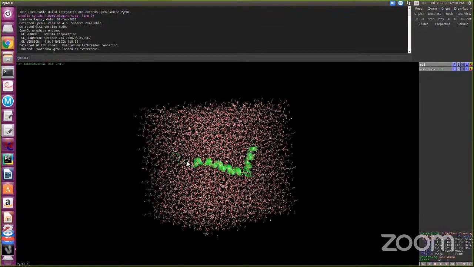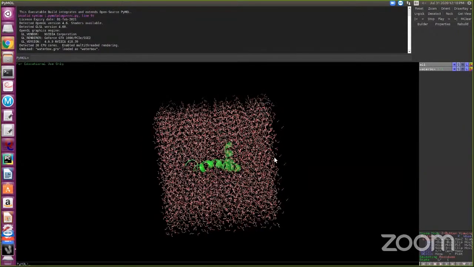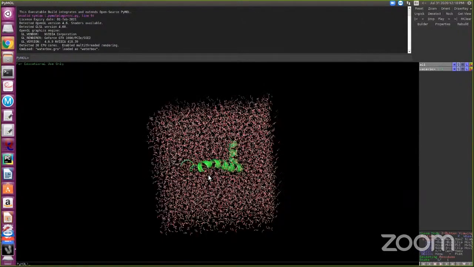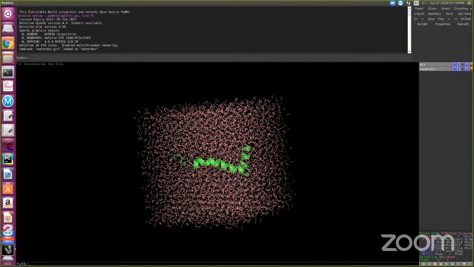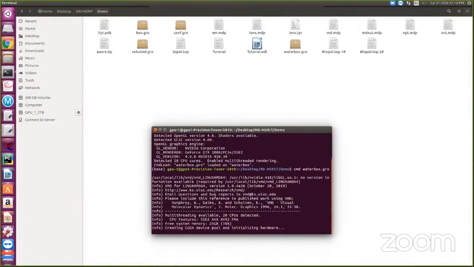We have the protein in the center. The box size I gave is 0.4, so it is 0.4 from the center to this side, up and left, and all these sides. Now we have the water box, which consists of only water. You got it? Now I can visualize the same thing using VMD also. For the water box, there is a tool called VMD.